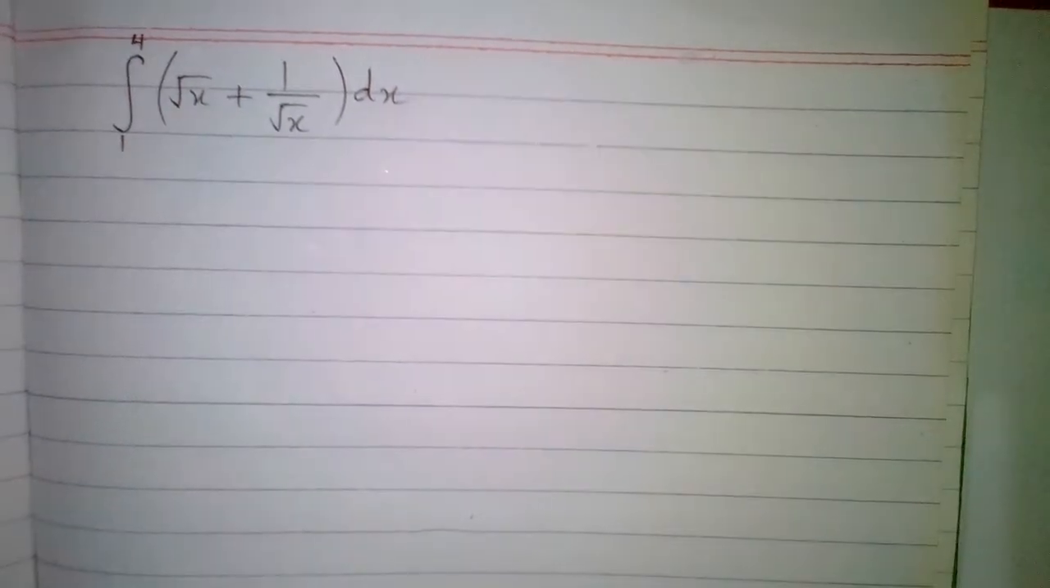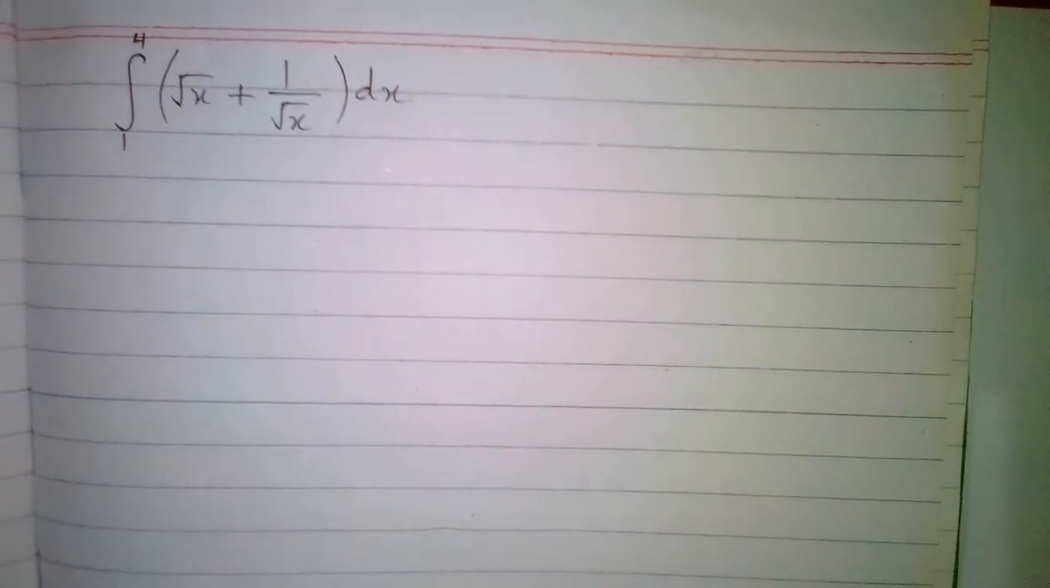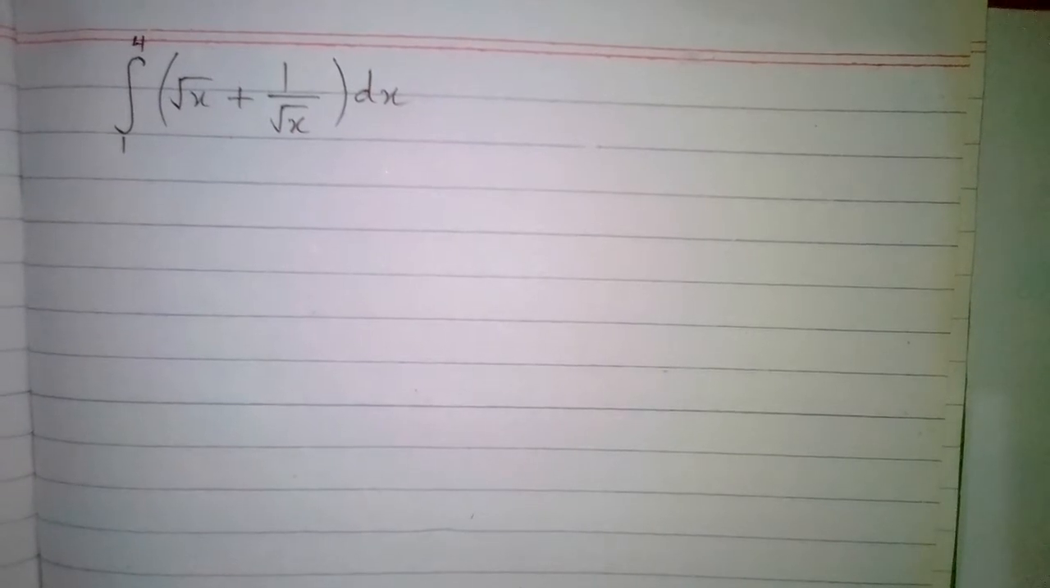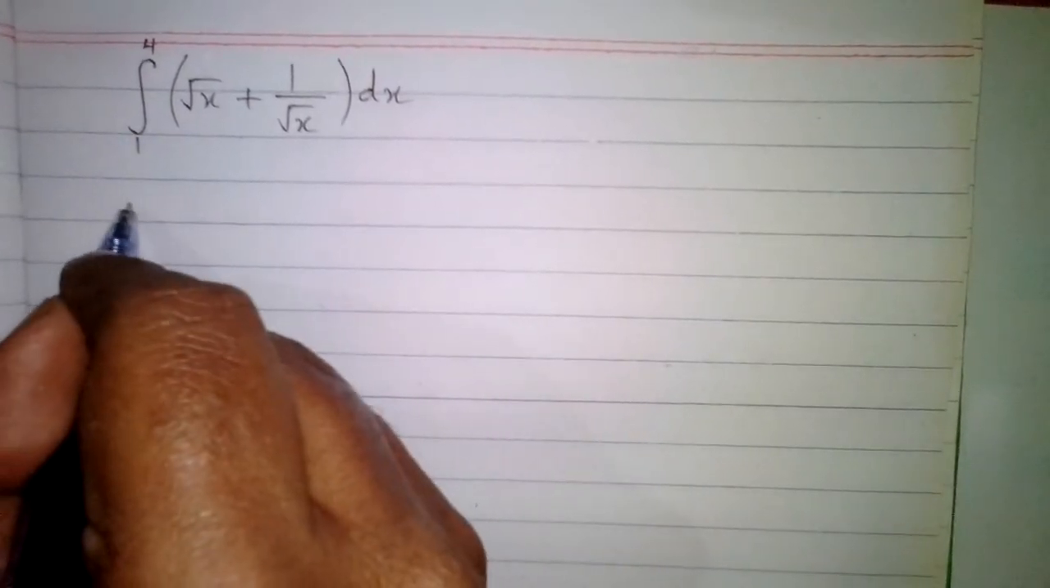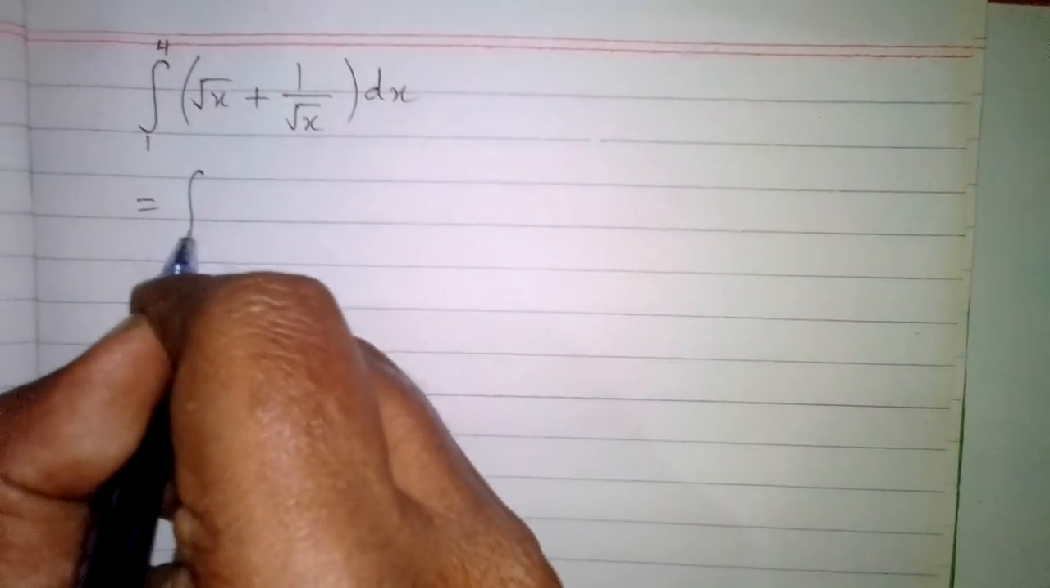In this video we are going to integrate a definite integral. So here we have to integrate square root of x plus 1 upon square root of x from 1 to 4, where 1 is the lower limit and 4 is the upper limit. So in order to integrate this function, first we will write the integral from 1 to 4, and then square